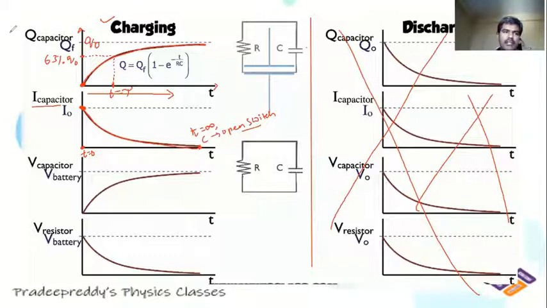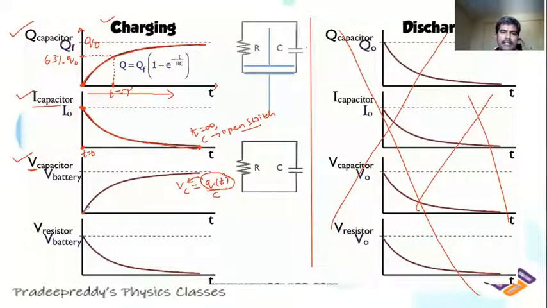So first one is charge, next one is current in the capacitor, next is voltage dropped across the capacitor. As I already told you, voltage across the capacitor initially is 0 because voltage across the capacitor is equal to Q of t divided by C. So across the capacitor, the graph will be like Q of t, but with a small change in the value of voltage, right? So whatever Q of t graph we get, the same graph you will get in case of V C also, because V C is dependent upon Q of t. Q of t we have got this graph, right? Increasing with respect to time.